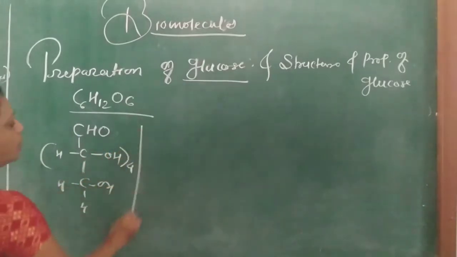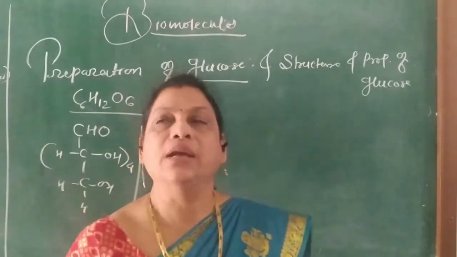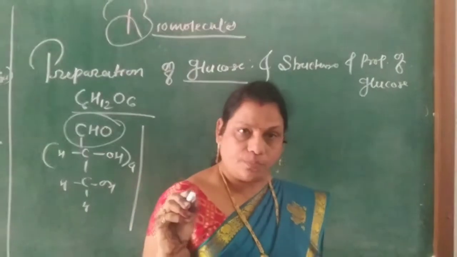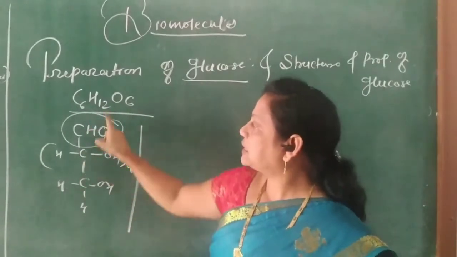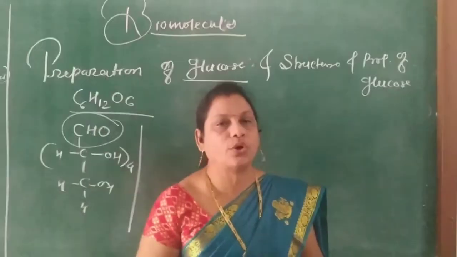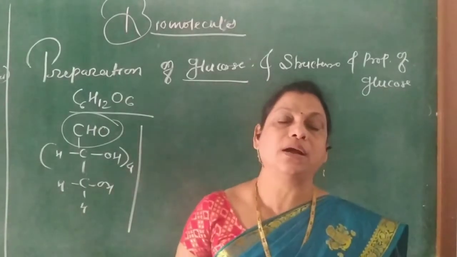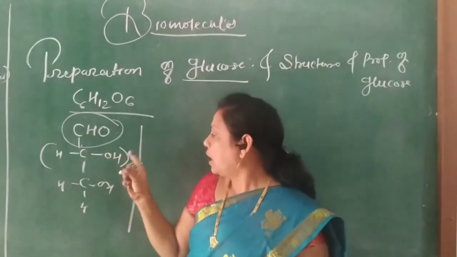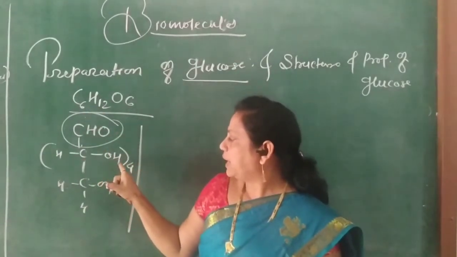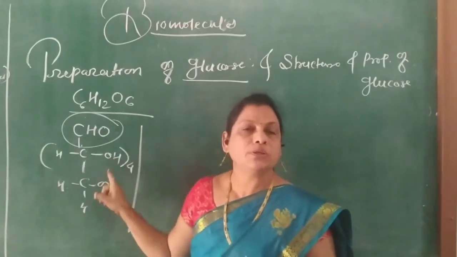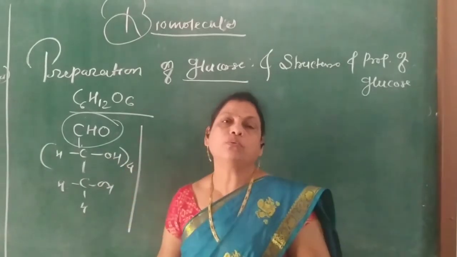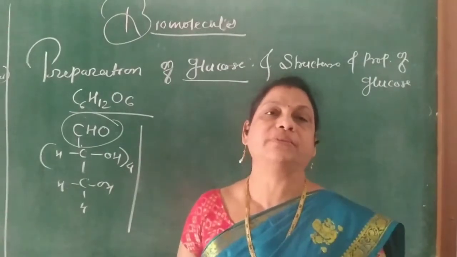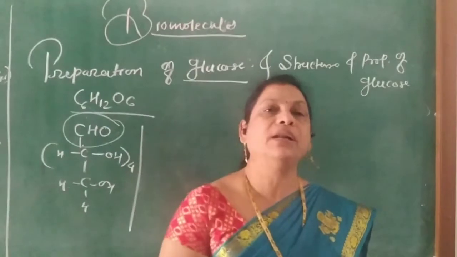Okay, so overall the structure of glucose is this, and because of the aldehyde group, this is called the aldo group. Because of the 6 carbon atoms present in the structure of glucose, it is called aldohexose. So in aldohexose, how many OH groups? There are 4 and one more, means 5 OH groups. We will discuss how these 5 OH groups react with some reagents to form the given products.